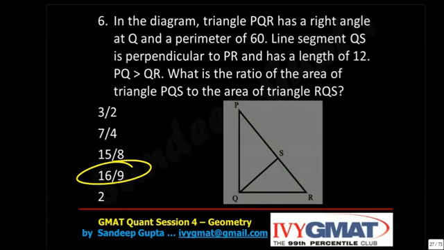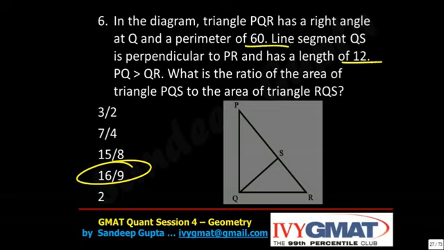If you are not sure why this approach should work, then you should ask yourself, if this is 60 and this is 12, are these irrational numbers or rational numbers? So that means my square roots have to be rational only. It will not be possible that one side is root 3 and the perimeter is 60. Right? It's not possible that way.